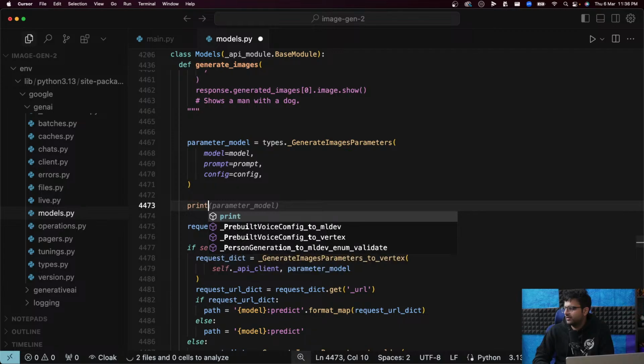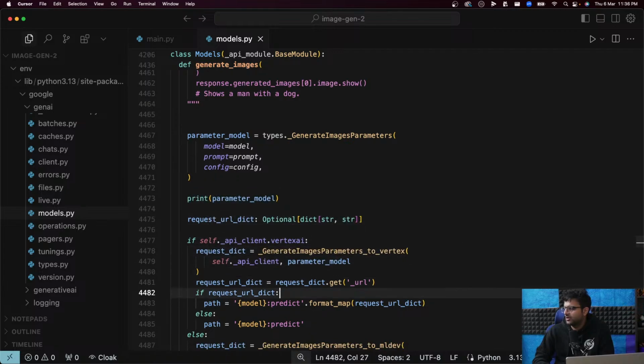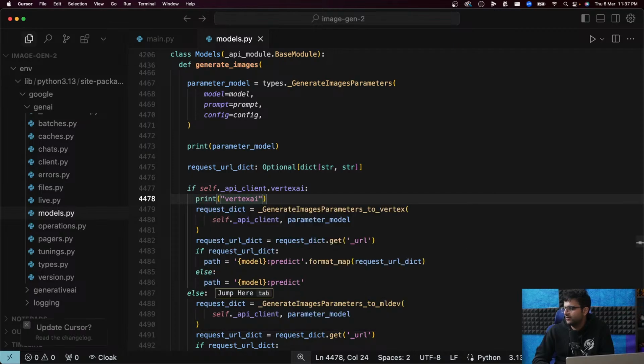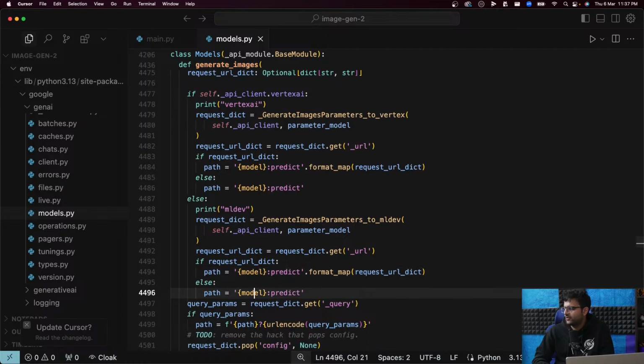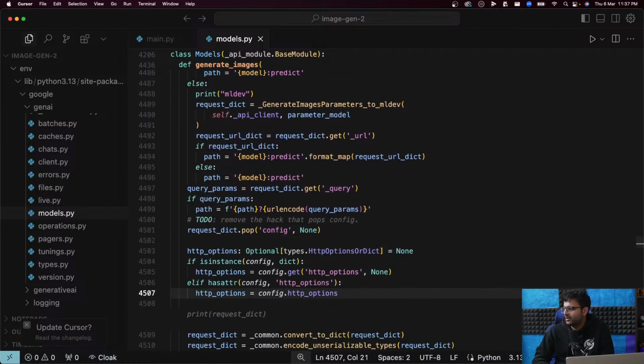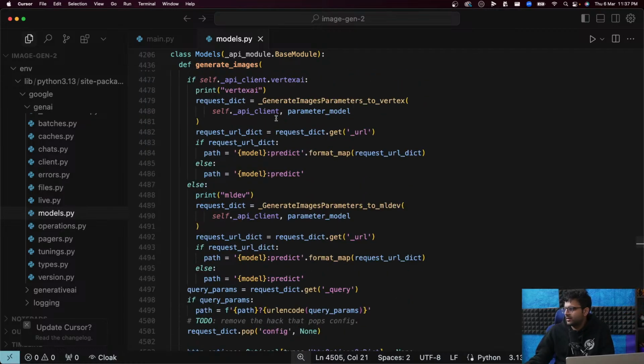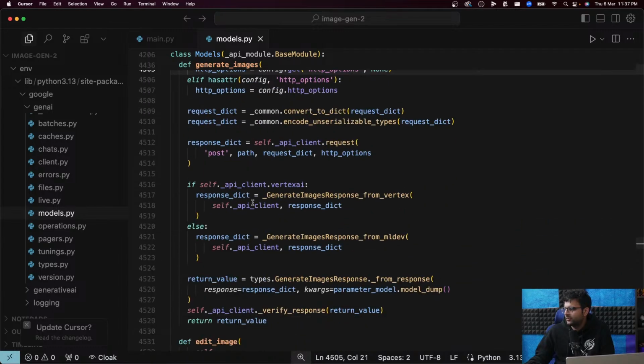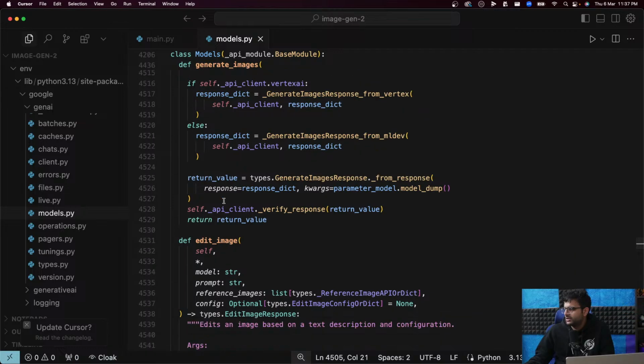Print parameter model. Print vertex AI, else print mldev. And by the end, right before we send the request, where are we sending the request?